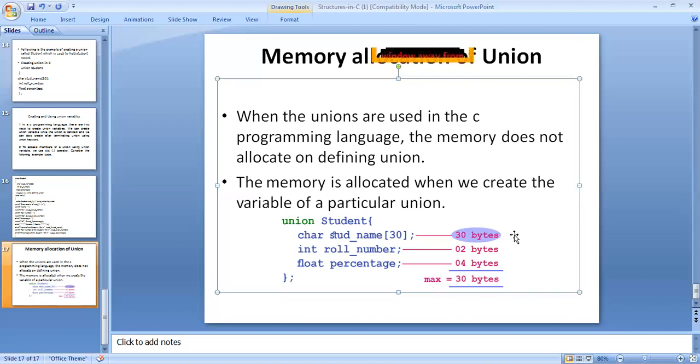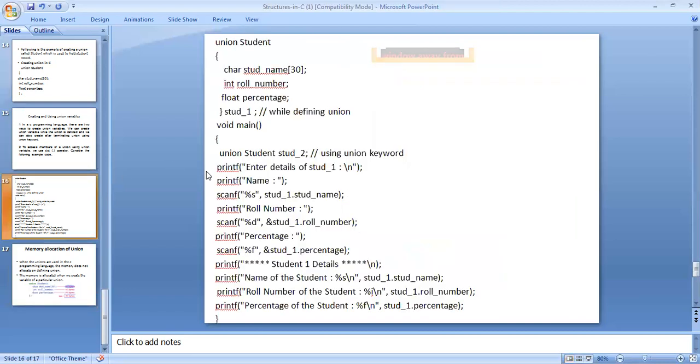The extra memory is left collapsed or stores only garbage values, otherwise it is not used by other data types. And this is the concept of structures and unions.